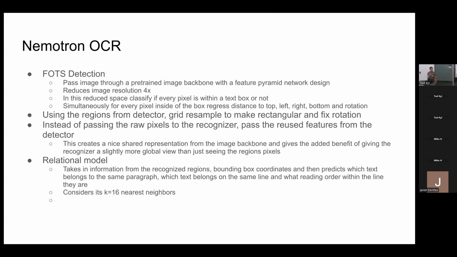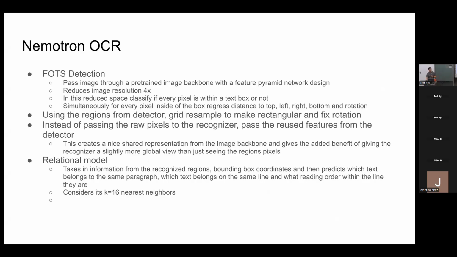So it started at 1024, it went to 256, and then what it does is at every pixel, it's doing that heat map thing. It's saying, is this text? Is this not text? And then simultaneously, it says, if this was text, where's the boundary of that word? So it's saying, predict how far to the left, how far to the top, to the bottom, to the right, and then what's the rotation? So it's doing this extremely densely. So at every pixel, it's saying, is this text or not? And then it's also saying, for every pixel of that region, where do I have to go in order to find the boundary of that word? And so after that, it outputs some boxes, and those go to the